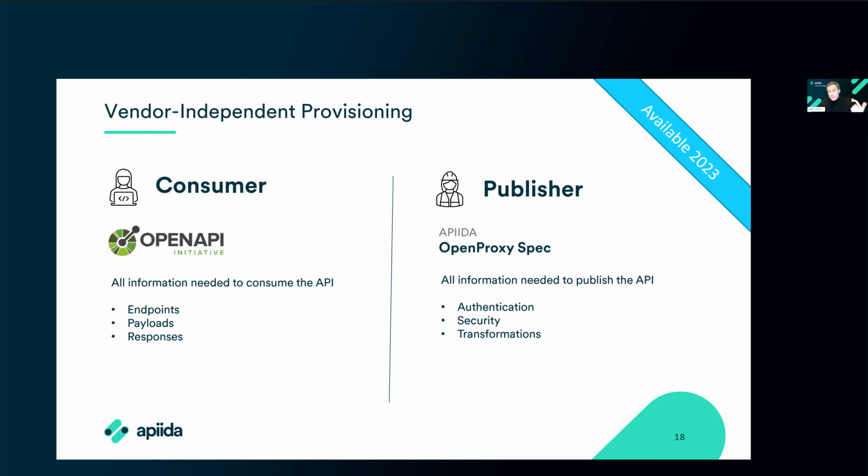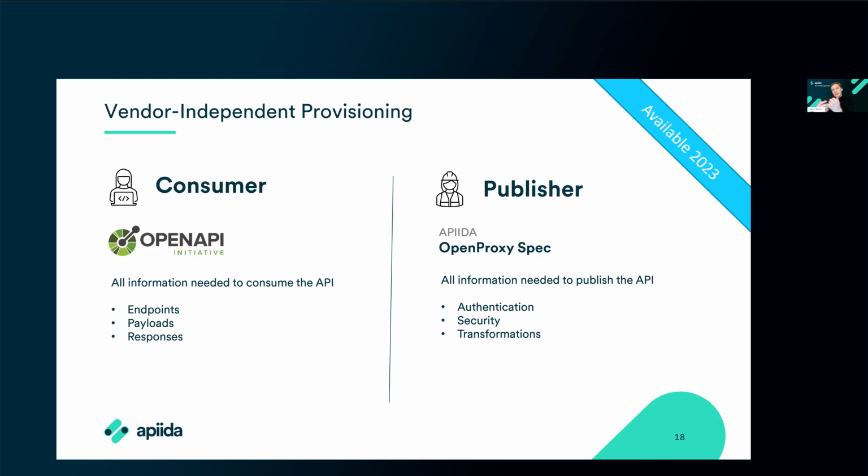So what authentication is required? What are the identity providers the requests have to be checked against? Where is the authorization stored? How does security look like? What transformations need to take place? So all of that is in the open proxy spec, and our API control plane then takes this proxy specification,